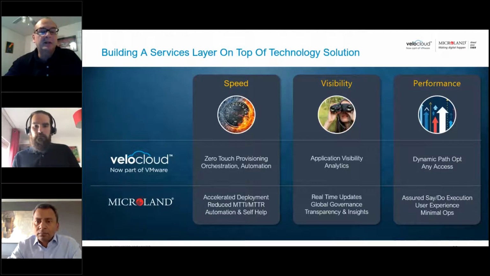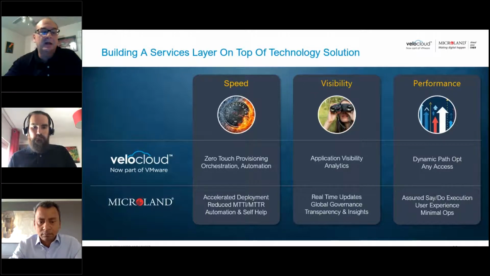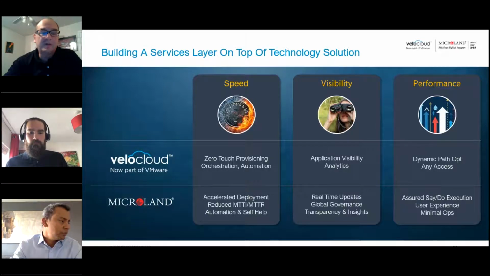And so you also need to have strategies to implement automation and self-help and things like AI ops that will ultimately help lower mean time to isolate and detect, if not even avoid incidents or significantly reduce cycle times and change requests. Now, when it comes to visibility, I think the infrastructure world typically suffers from a lack of depth